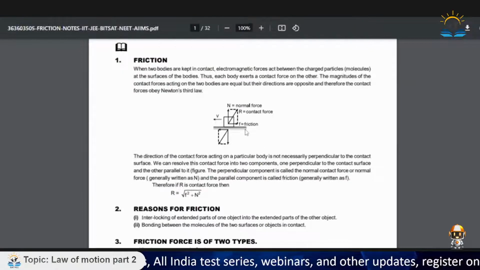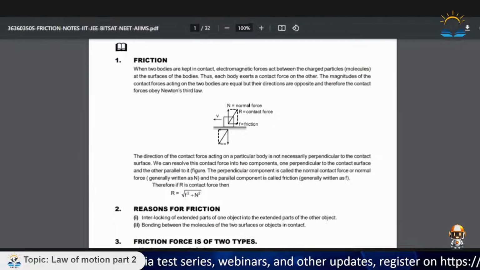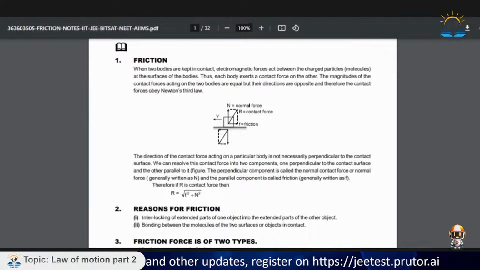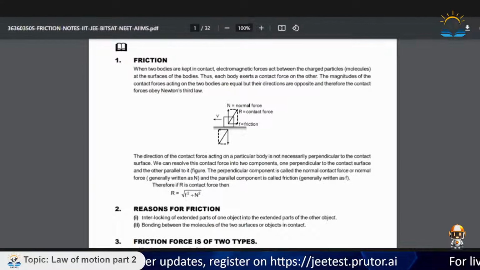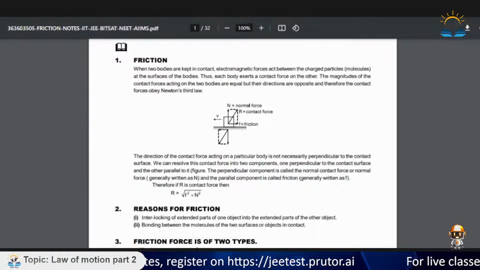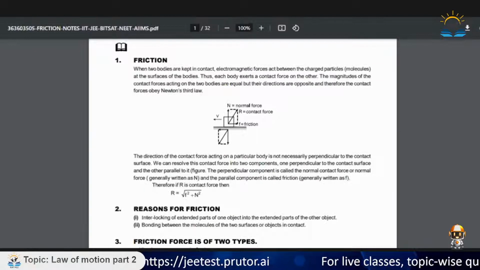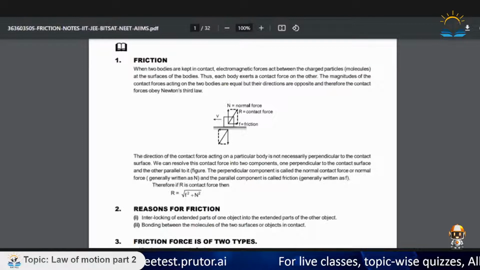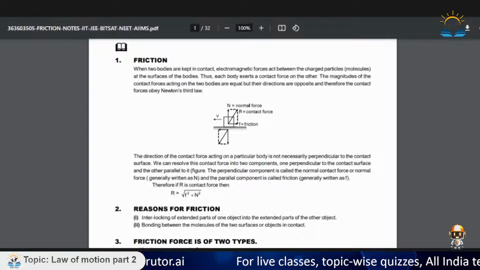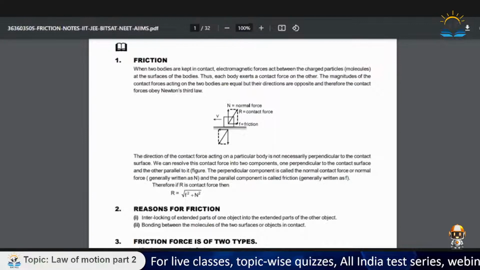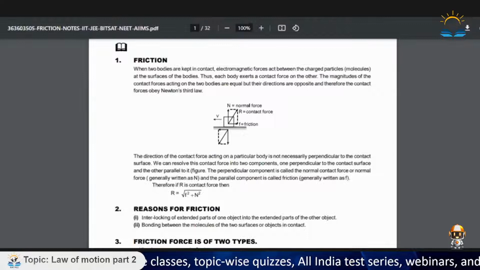Now this was the basic definition of friction. Now let us see the magnitude and direction. The direction of the contact force acting on a particular body is not necessarily perpendicular to the contact surface. We can resolve this contact force into two components, one perpendicular to the contact surface and the other parallel to it. The perpendicular component is called the normal contact force or normal force, generally written as N, and the parallel component is called friction. Therefore, if R is the contact force, then R is equal to